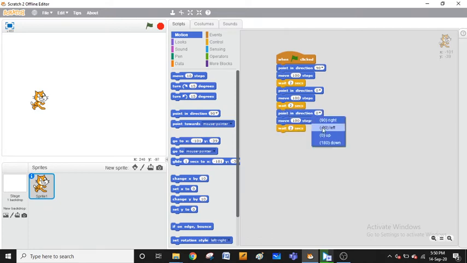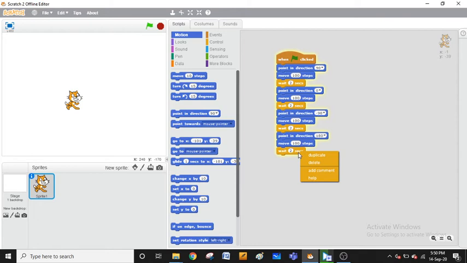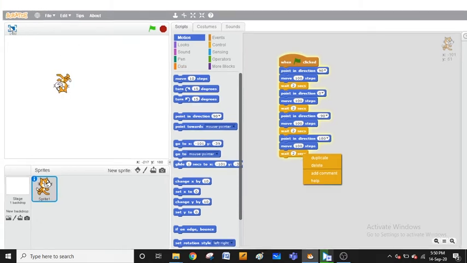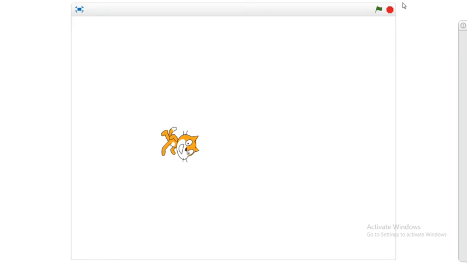Then again it has to go left, so again I am taking a duplicate. Oh, I want one more point in direction block to go down. Okay, right is done, up is done, left is done, down is done. See what will happen. Down is done. See in full screen. Let's run it once. Right, up, left, down.